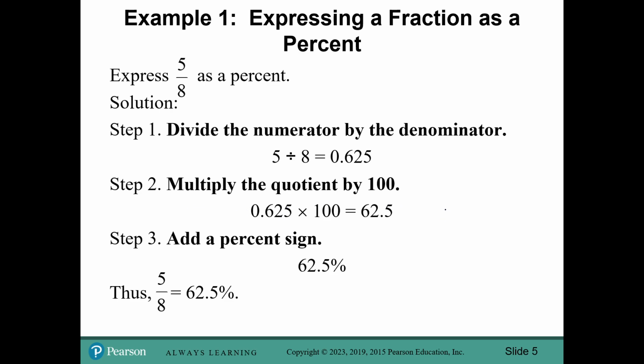Also, what you could do if you didn't want to multiply by 100, you could just move this decimal 2 places to the right, and that would also give you 62.5. Now we're going to add the percent sign. Percent sign's right there, 62.5%. Thus, 5/8 is the same as